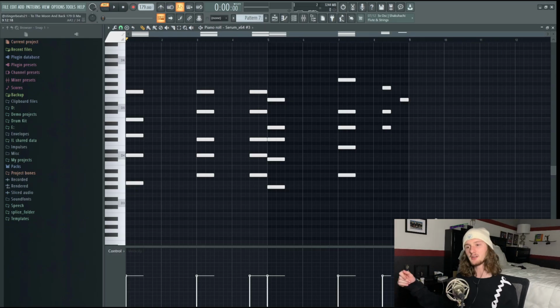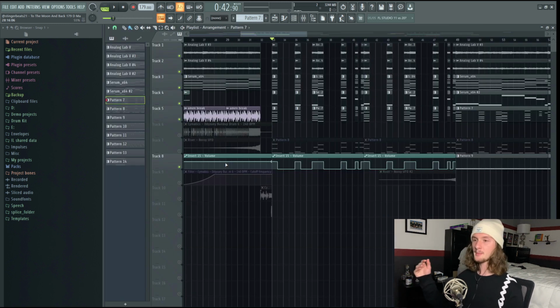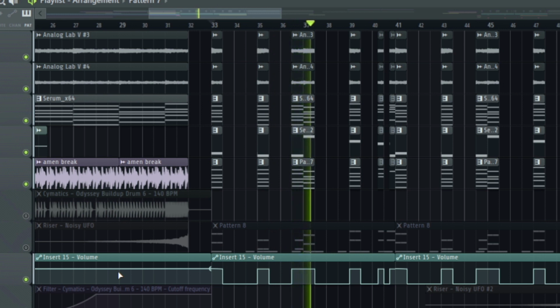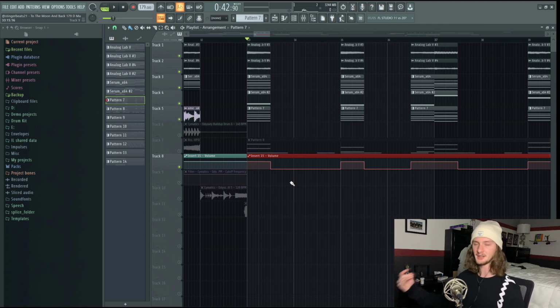For this, I just have it playing the chords from the first melody, but I chop it right when the snare hits. For the drop, I chop up the melody a lot, so this is what it sounds like. For this, all I did was use the slicer tool to cut the melody whenever the snare hits, and I used this volume automation clip to completely cut out the melody because there were still some lingering sounds.